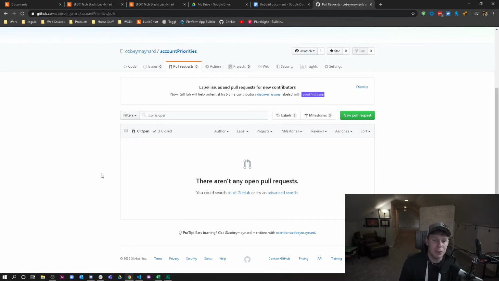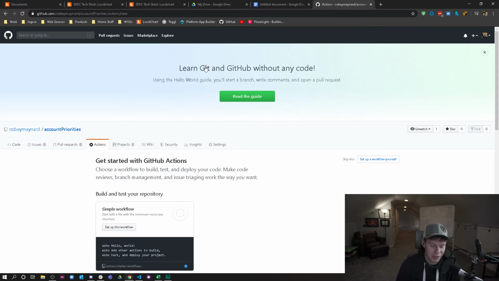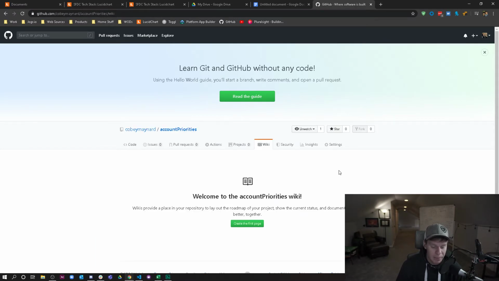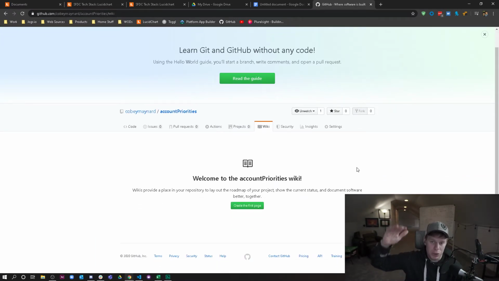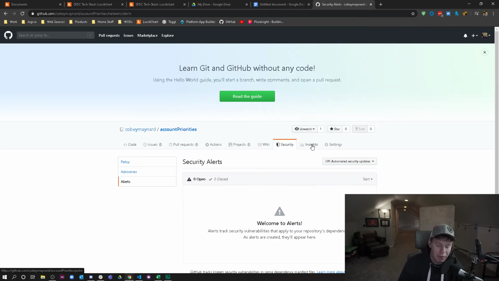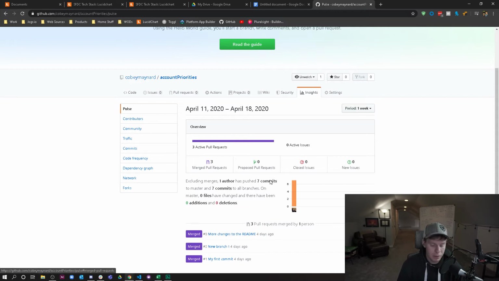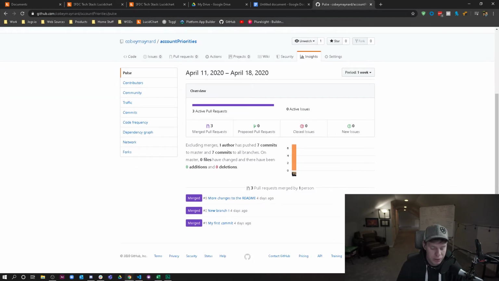This allows people to do things like code reviews. You can also run tests on the pulls. You can run functional tests to make sure that the committed changes are not going to break the production code. That's done with actions, which are automated actions in GitHub. You can obviously manage your different projects. The wiki allows you to create the to-dos, or it's like a Wikipedia for this particular repository. It's the easiest way to put it. You can manage the security of your repository. You can look at how many pushes or merged pull requests, how many issues or closed issues there are,